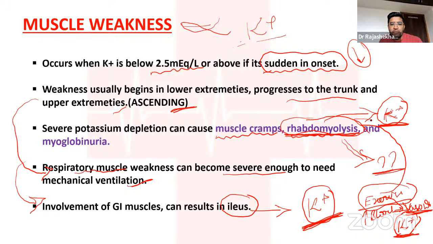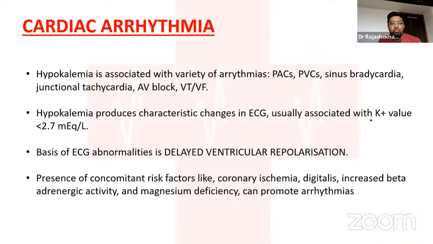So the muscle weakness, it is very, very important to remember, is usually a severe feature and can occur if there is a sudden drop. It can become severe enough to involve the respiratory muscles, and it can involve both skeletal muscle and smooth muscles. Sometimes it can cause exercise-induced ischemic rhabdomyolysis in your patient, which can cause myoglobinuria and acute tubular necrosis due to direct toxicity.